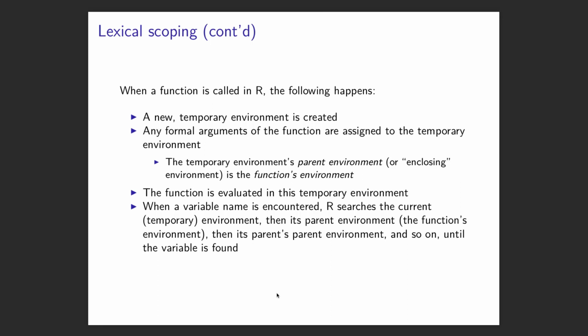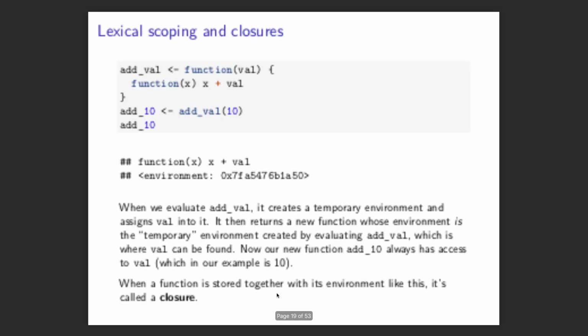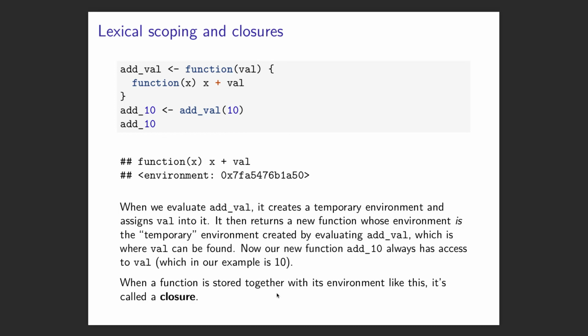The body of the function is then evaluated in this temporary environment. Whenever a variable name is encountered, R will search the current temporary environment, then the parent environment, which is the function's environment, then that parent's parent environment, and so forth until the variable is found. So what that means here is when I create this add 10 function from add val, it creates this temporary environment, and since I've assigned the output of add val 10, which is a function, to this add 10 variable name,